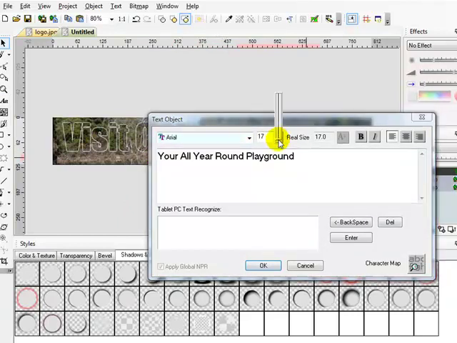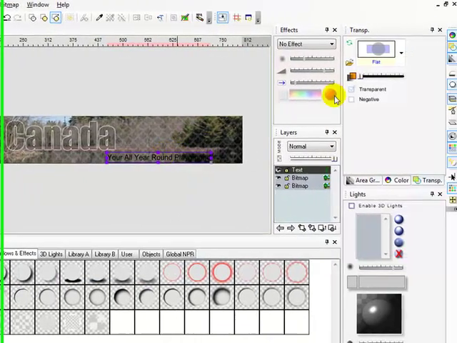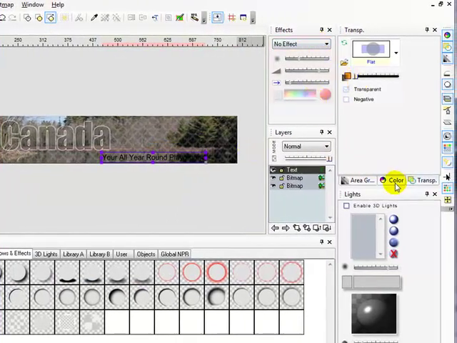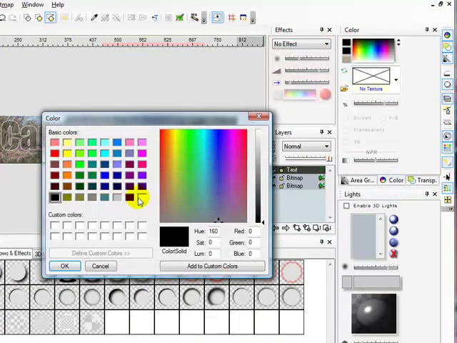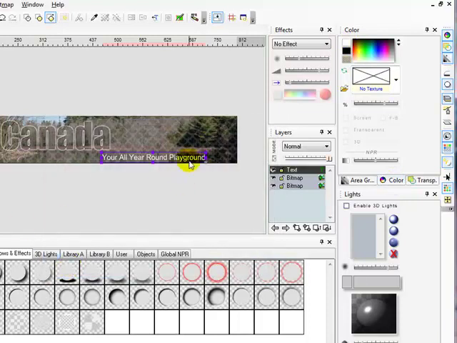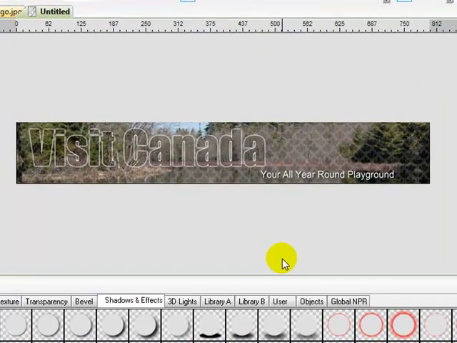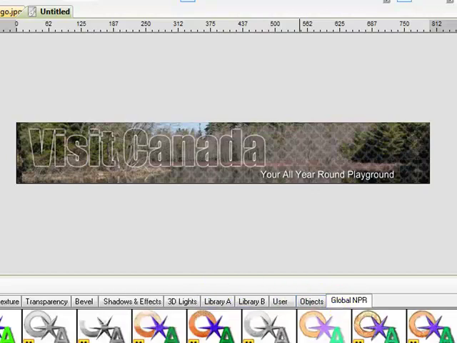can double click on that. Let's just make it slightly bigger, and I'll change the font color so it can be seen a bit better, and there we go. So there's a very, very simple logo based on a photograph. You can see you could do this for absolutely any photograph, and it's a very simple way using this tool, RealDraw Pro. And you can have lots and lots of fun with changing things, playing around with all the options,